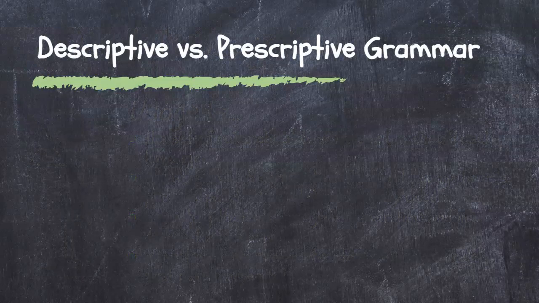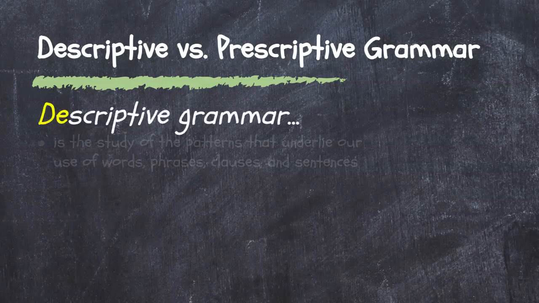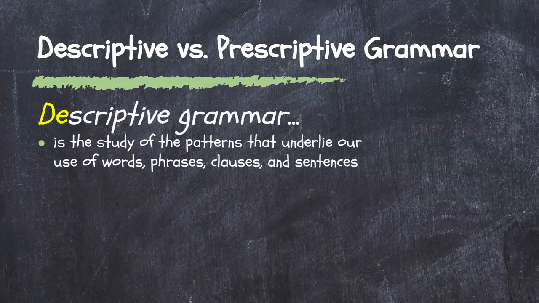Now, where they overlap, where grammar and usage overlap, is where we make the distinction between descriptive and prescriptive grammar. You don't need to memorize these terms or anything. It's just a useful distinction to know. When we talk about improving your grammar in your writing, for example, there's such a thing as what linguists call,